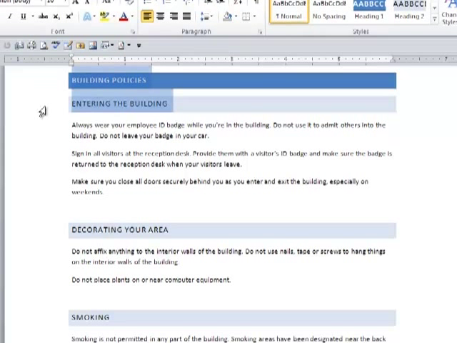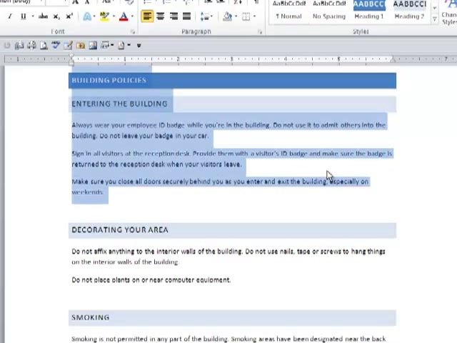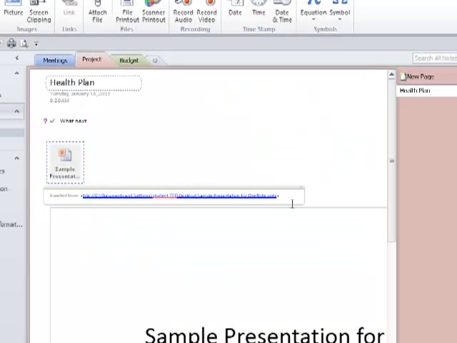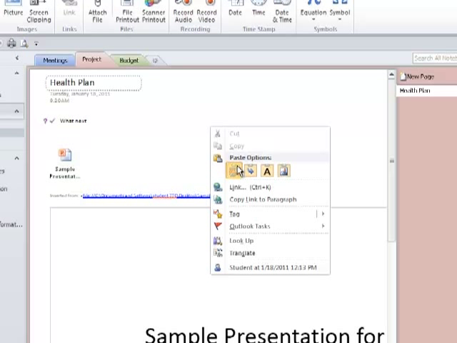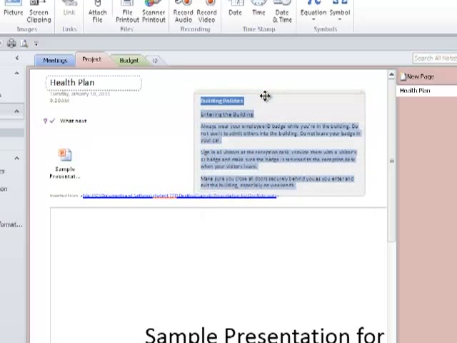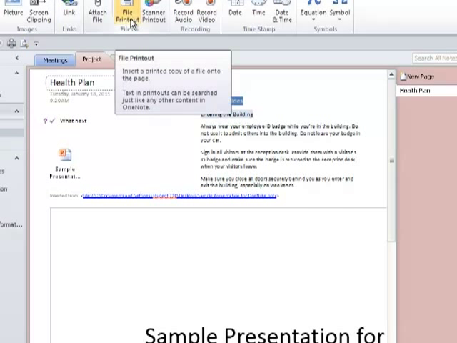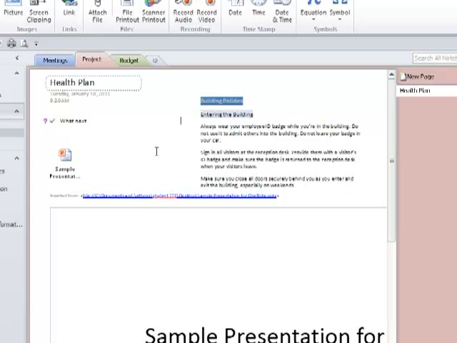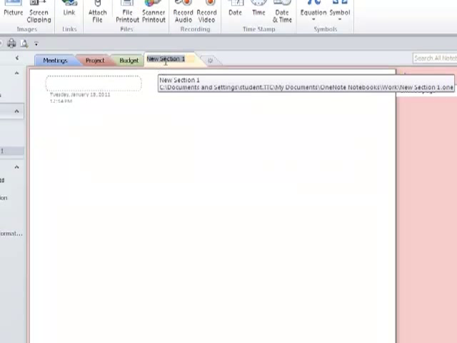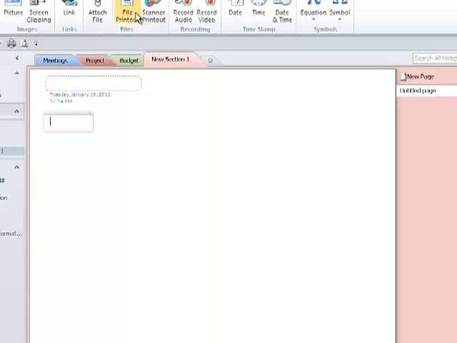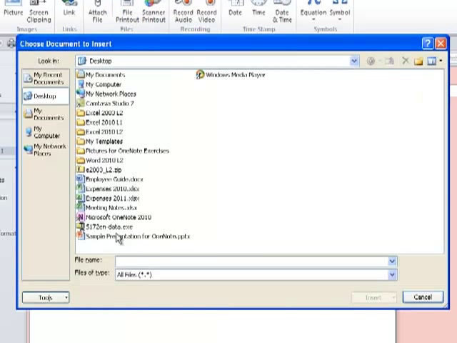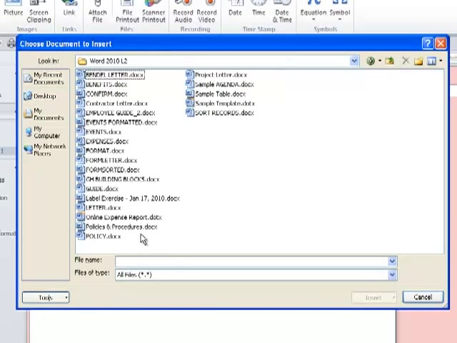I opened up Word and highlighted a portion of the file. I'm going to copy, and when I go back into my notebook, I can right-click and paste. And now you can see the note container comes up with that content from Word. I can also insert the file and choose it as a file printout, just like I did with PowerPoint. I'll create a new section to do that. File printout, insert the file that I want,